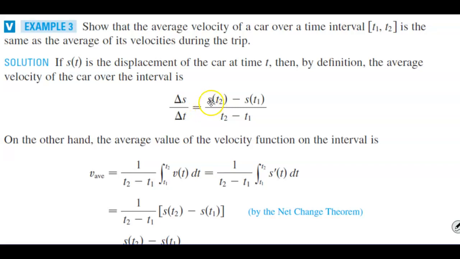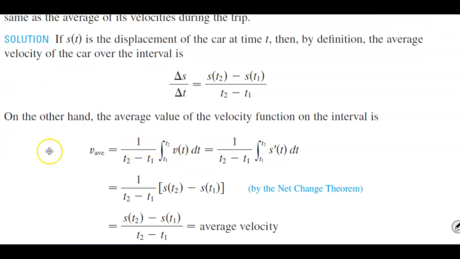And that would mean s of t2 minus s of t1 divided by t2 minus t1. Now on the other hand, the average value of the velocity function on the interval is the following. So the average of that velocity is equal to 1 over t2 minus t1 with the integral that goes from t1 to t2 of that v of t velocity function dt,